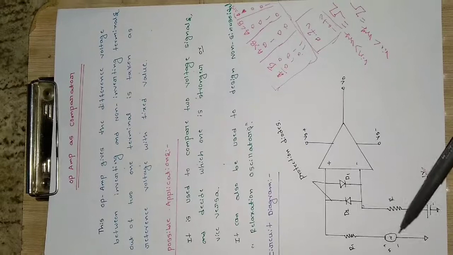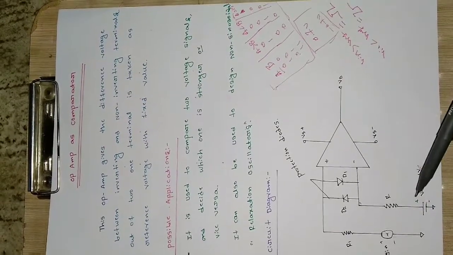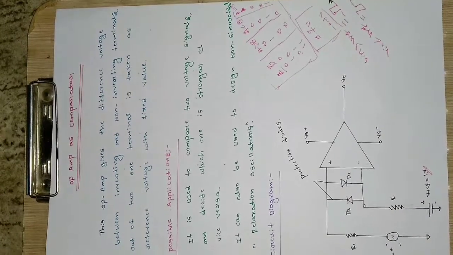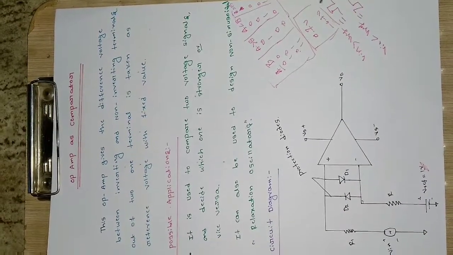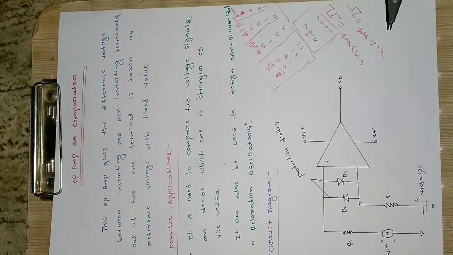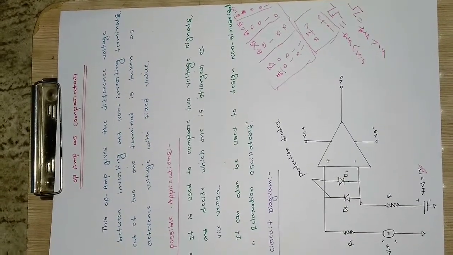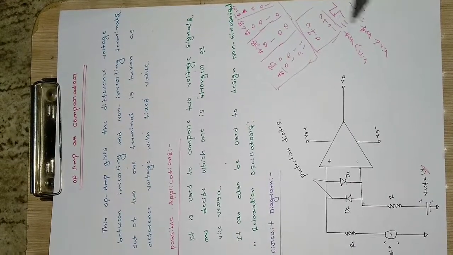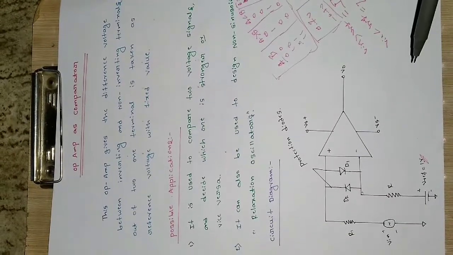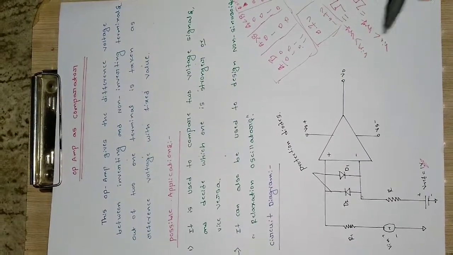It will just take V input voltage and compare it with V reference. If the input voltage is greater than V reference, then output is high, or it is a higher pulse or positive pulse. And if it is the reverse of that, that is input is less than the V reference, then output is 0 or the negative pulse. So like this it will operate. So we can use it to detect the peaks here.